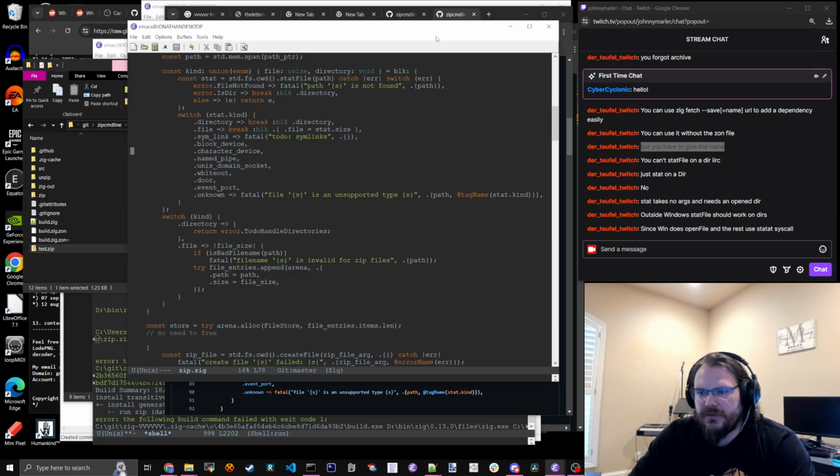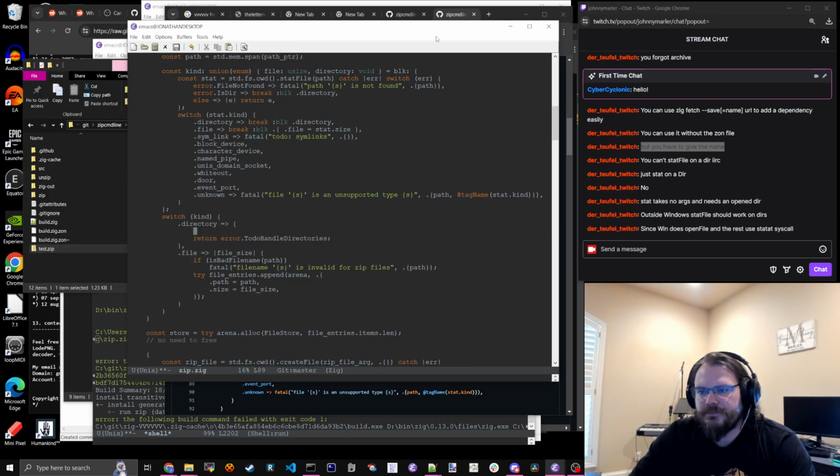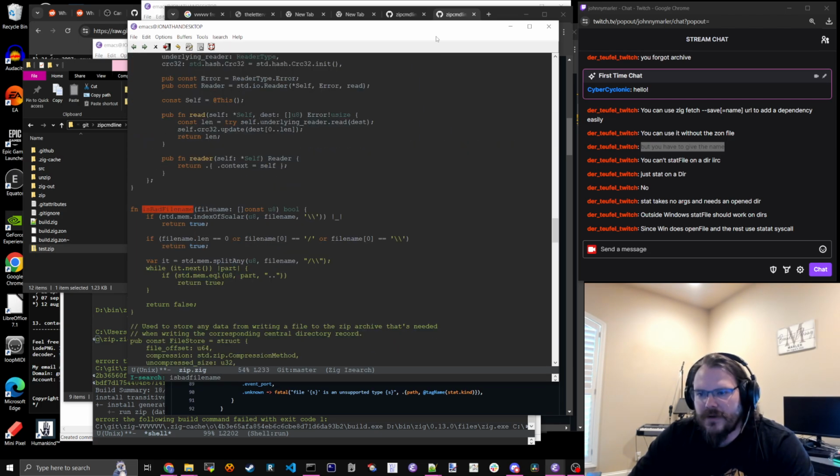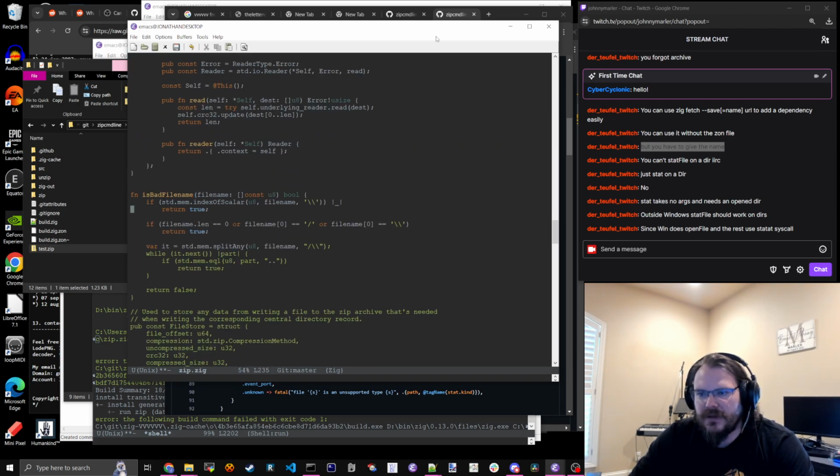Okay, how do we support directories? First of all, I don't remember all the details of this. What is bad path file name? So bad path file name says if it has a backslash, it doesn't like that. If it's 0 or it's an absolute path, it also doesn't like that. And then